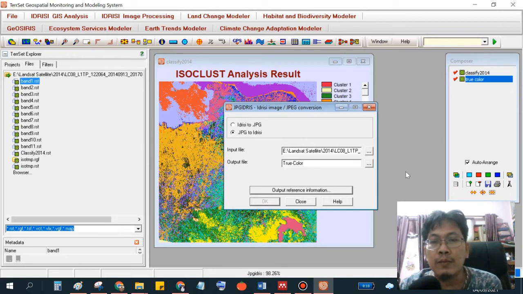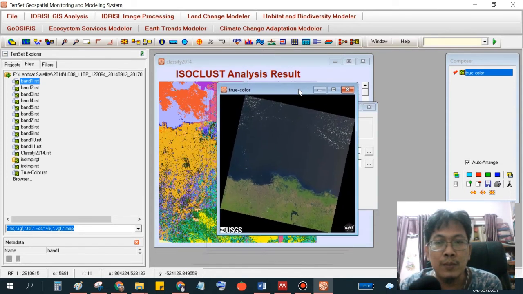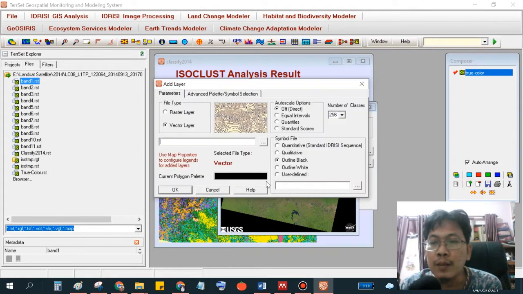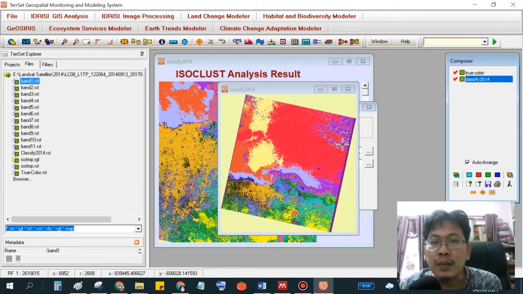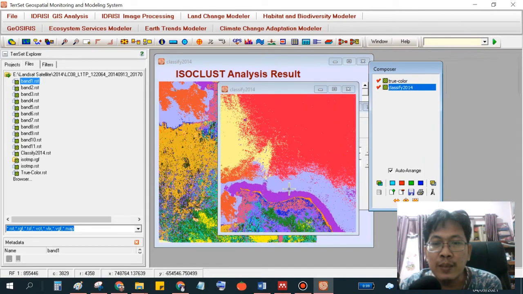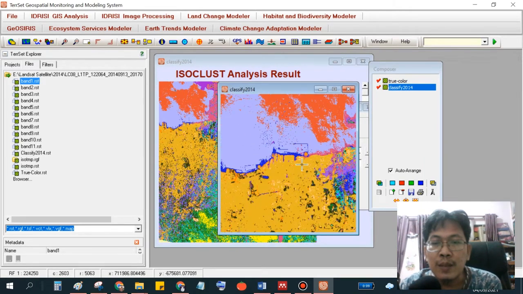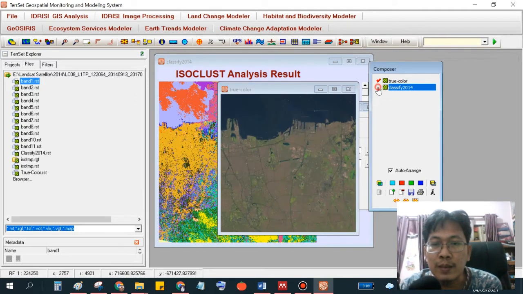Why do we use this step? Because we have to give the classification for each pixel, and we have to use the composite. Okay, we match. We can compare easily by merging this clustering with the real images.